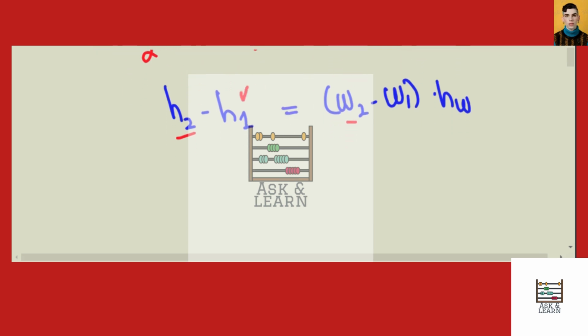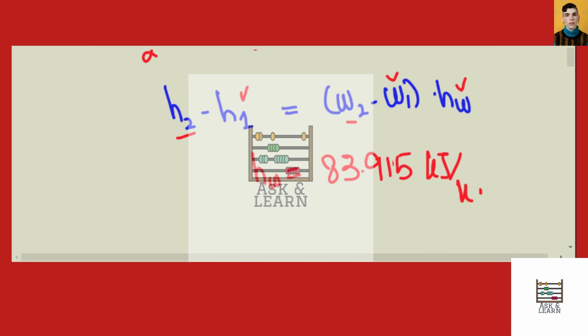And we have the value of the enthalpy h1, the absolute humidity as well as the enthalpy of the water. From the previous question, we got its value that was equal to 83.915,